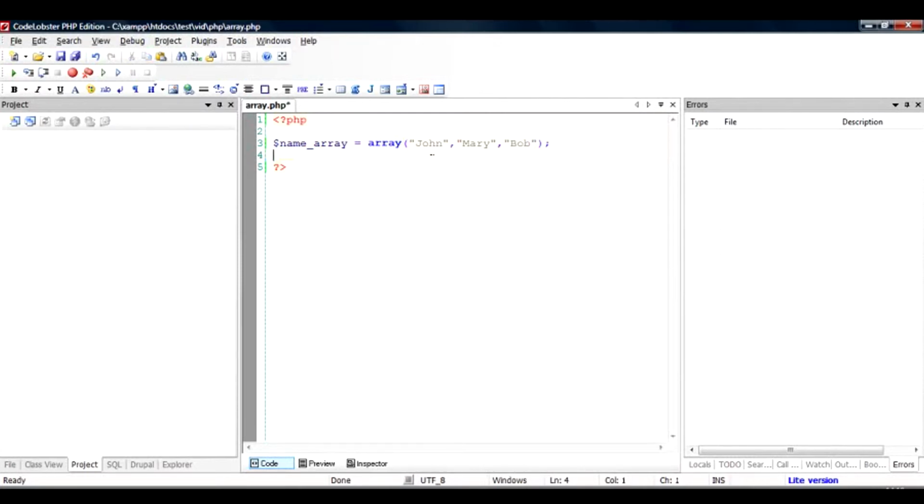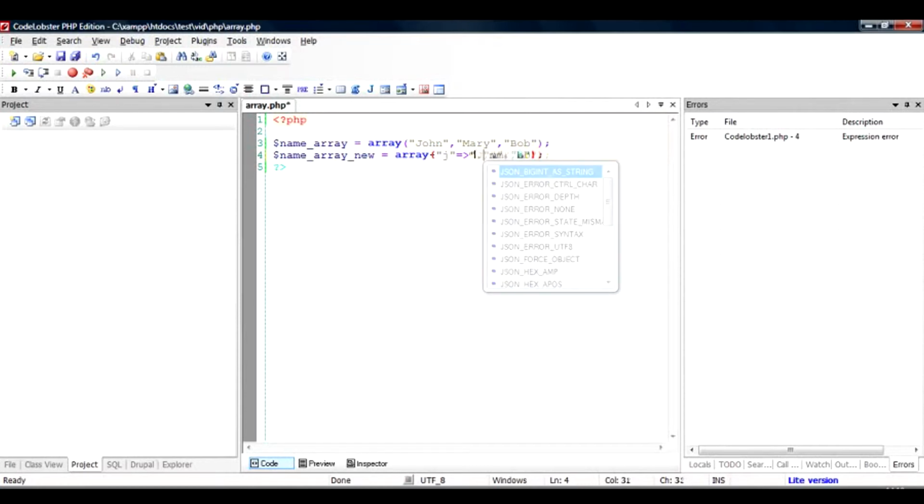But if you want to give explicit keys, then you have to declare another array, again with opening and closing round brackets, and write something like this: J, first the keys, M, and B. And J, we give a symbol called equal to and greater than sign, and we give the value here, and this is another array.